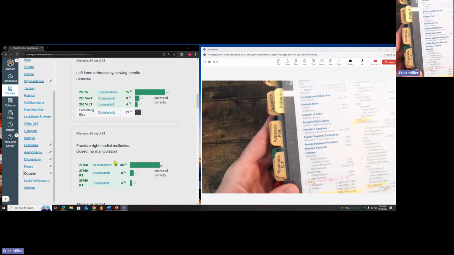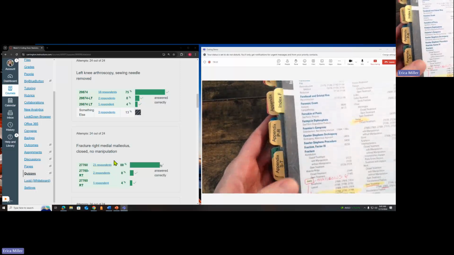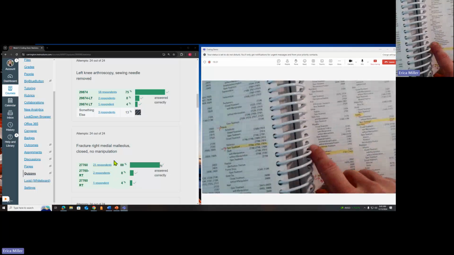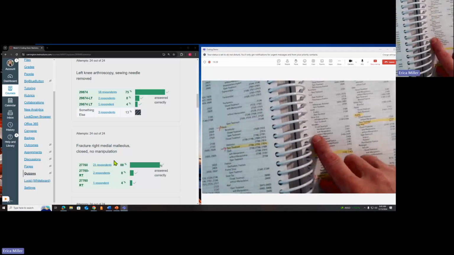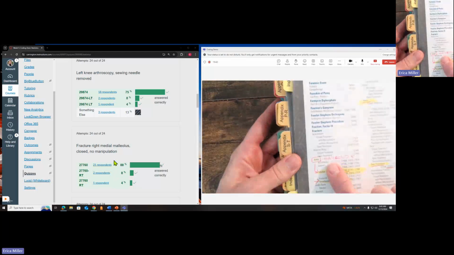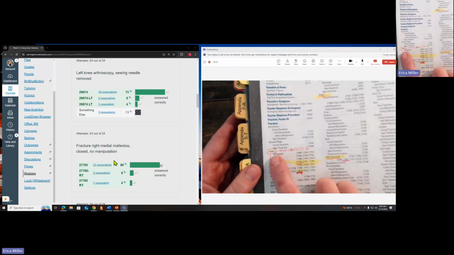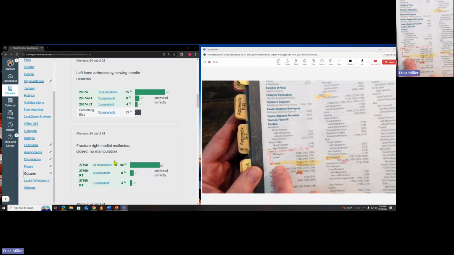All right, so I've already marked this off for us so I can kind of guide you. If you were to go over to fracture and look for malleus, you're not going to find it. So what is a malleus? That is your ankle, okay? And now we're going to get into those finer details. Now that we've identified ankle is malleus, then we're going to review and find medial, okay? So medial,